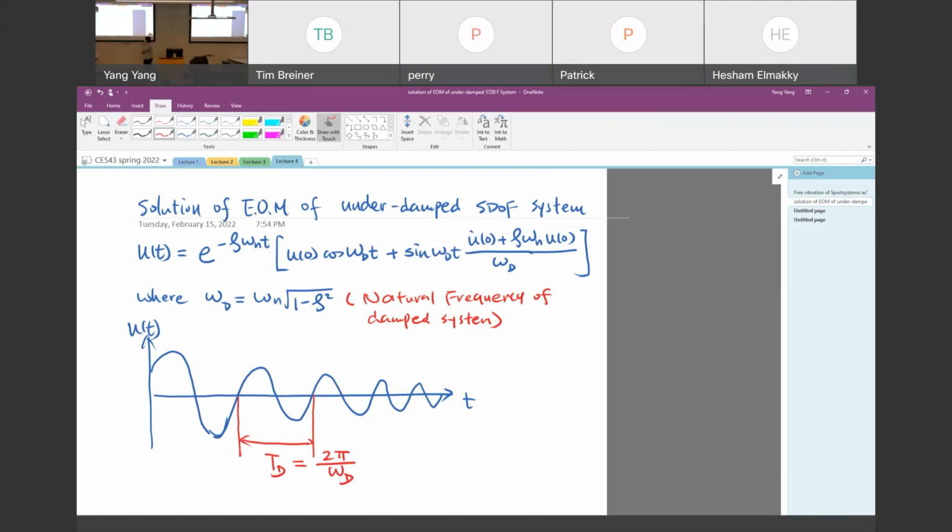So even though the amplitude of the system is decreasing,